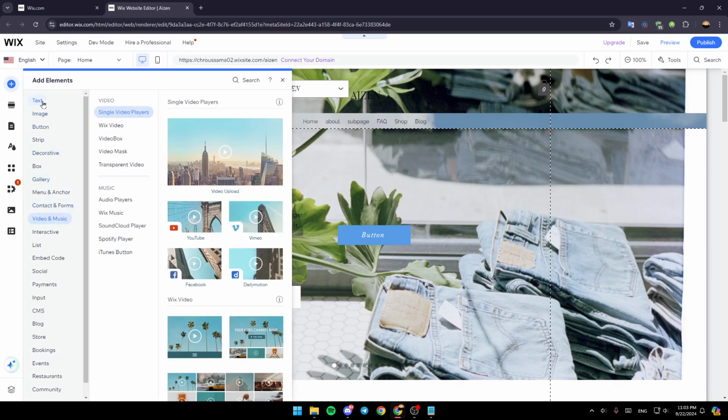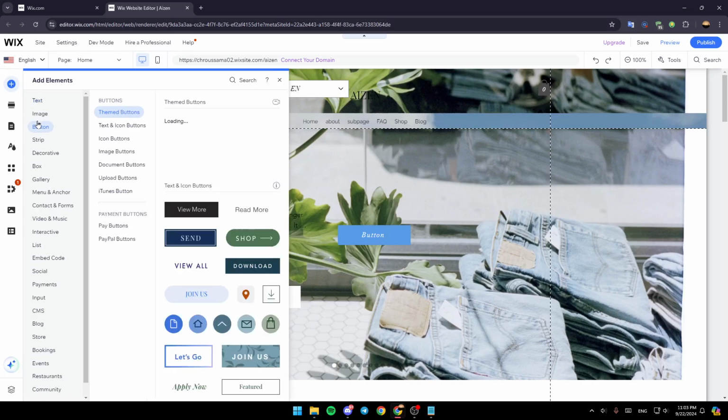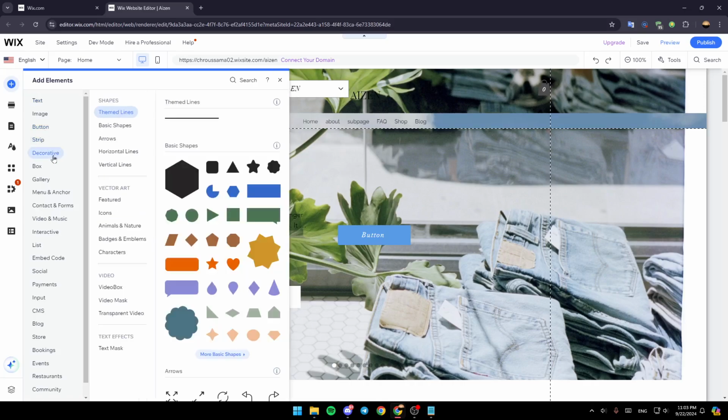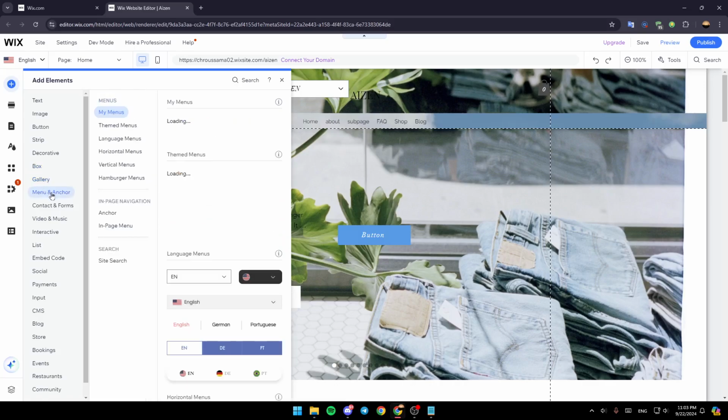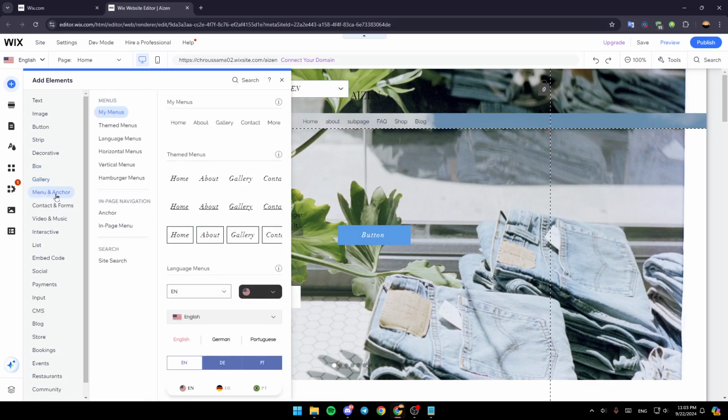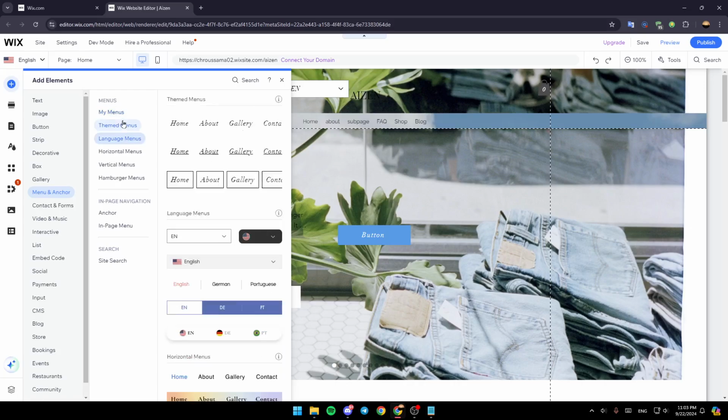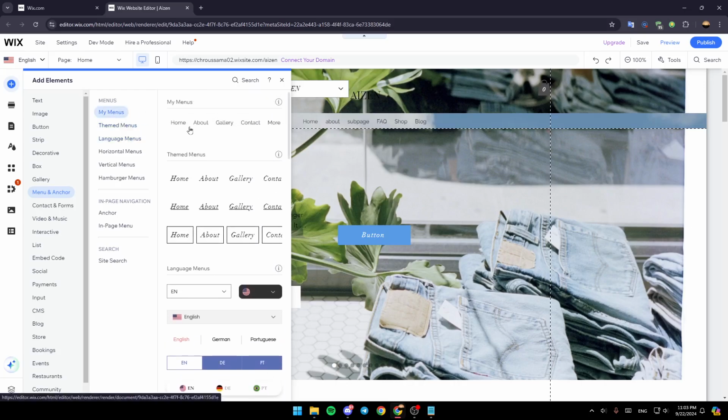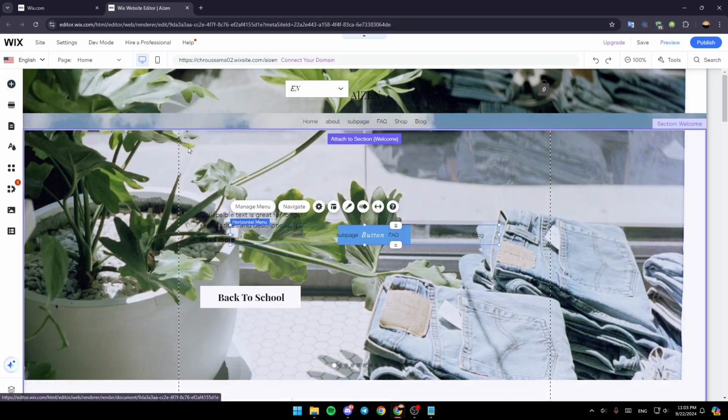And then here, as you can see guys, you're going to find the option to add a text element, image, button, strip, decorative, box, gallery. And here, as you can see guys, you're going to find menu. So you can, for example, go to my menus here, and then you can choose to add a menu icon. For example, I'm going to add home